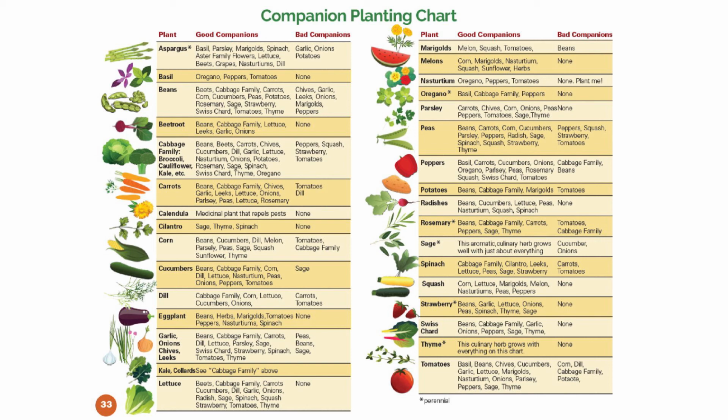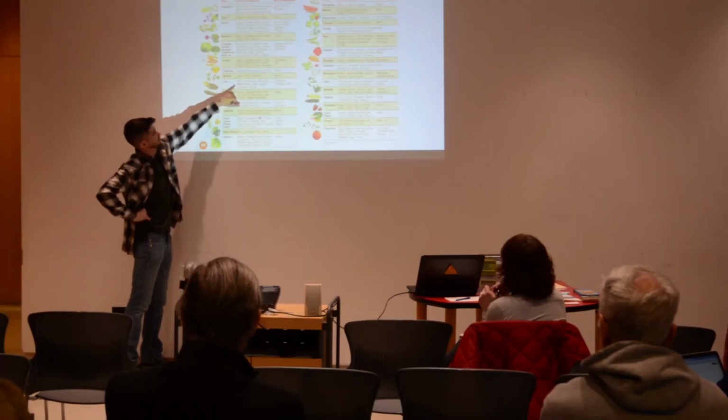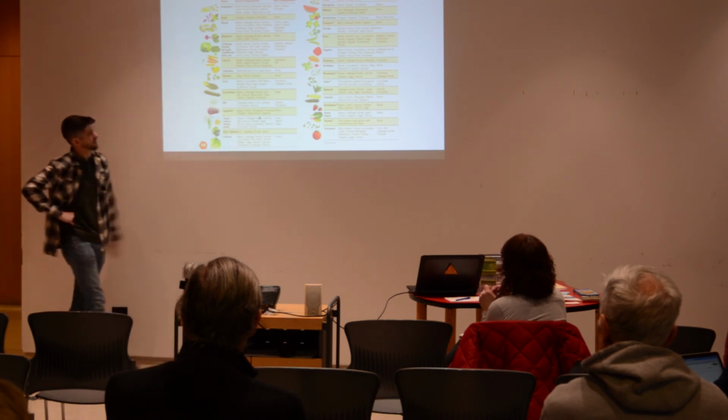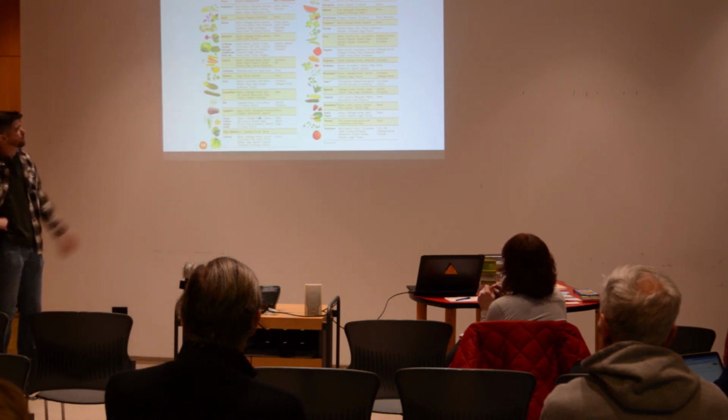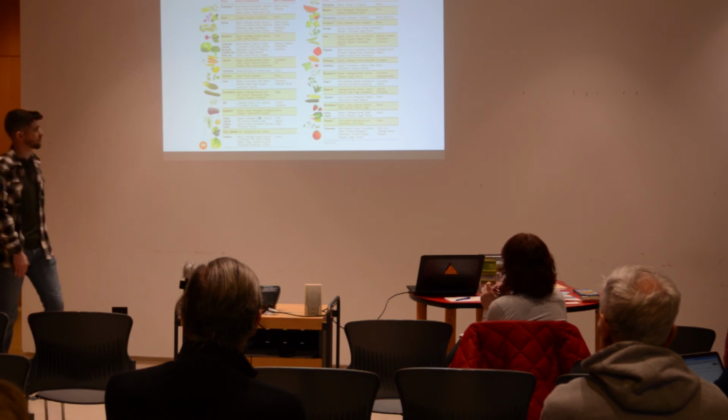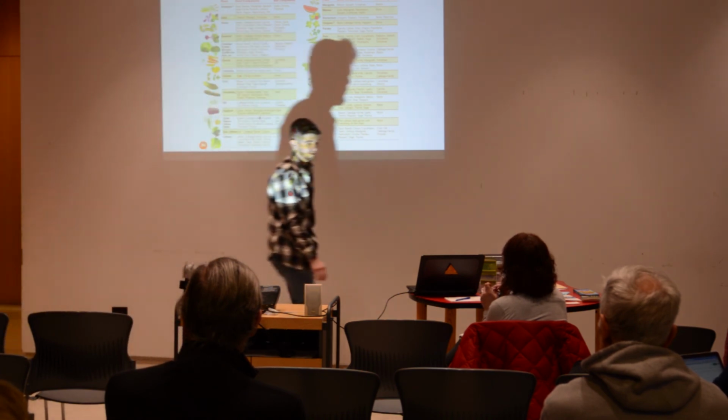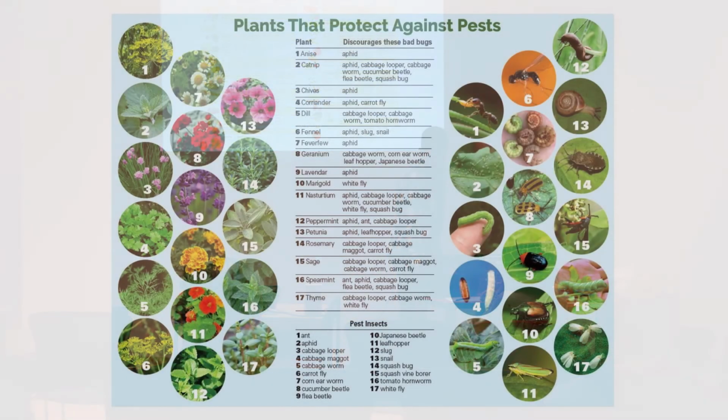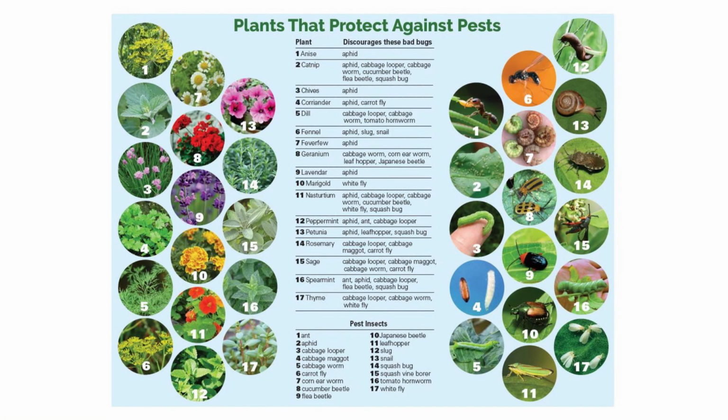A lot of the legumes are going to have a lot of companion plants that like being around them, because the legumes are putting the nitrogen back in the soil. If you look at your corn, it wants to be back in your beans or by your peas, because the corn's a really heavy feeder. This is a really cool chart that we've been putting together that shows who plays really well next to each other. But then the time when companion planting really comes in to use is when we're talking